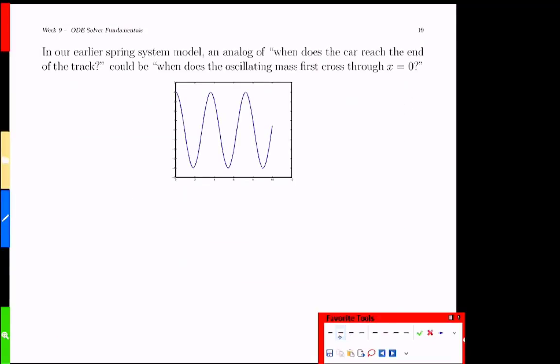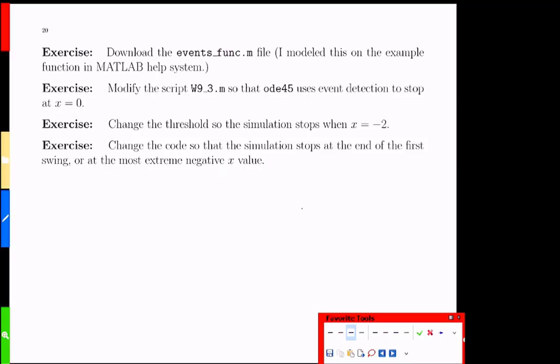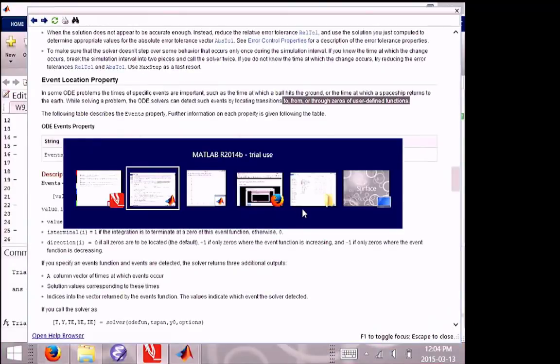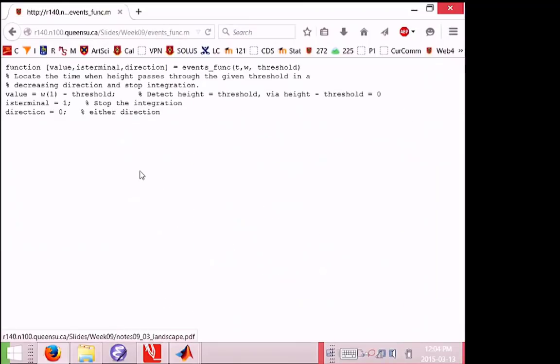And we're going to take as our example someone building a brick wall on our spring system. So we've got our spring. It's stretched out. And then we're going to build a brick wall right here at x equals 0. So it's going to smack into it and stop. So that's what we're going to imagine here. What we're going to need as a building block is the events func file. So we'll just grab that